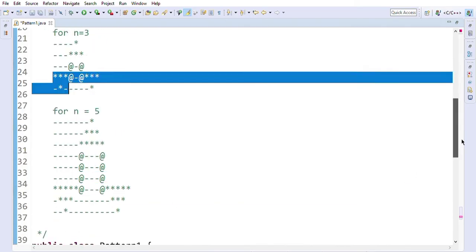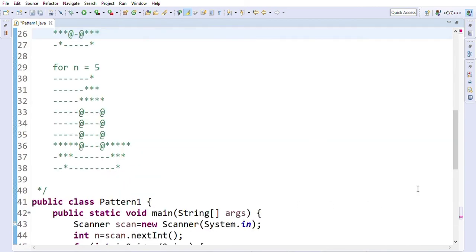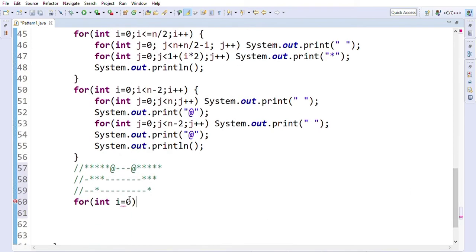So we can run our loop n by 2 plus 1 times. So for i less than n by 2 plus 1, i plus plus.